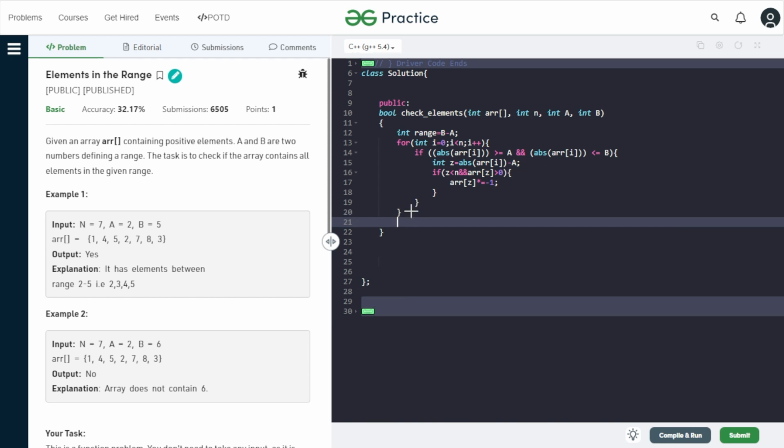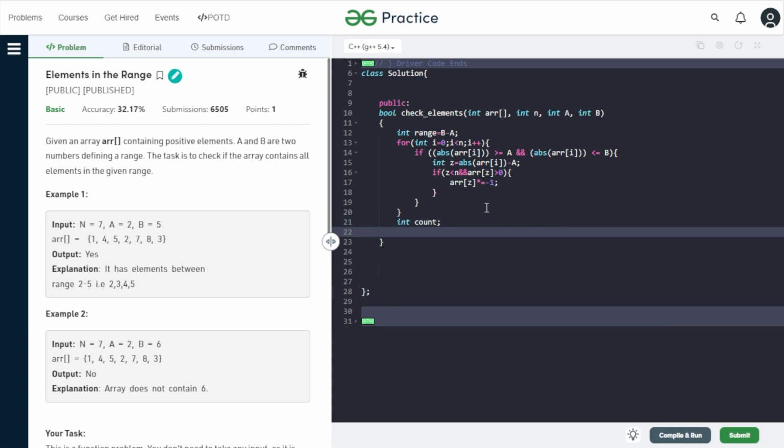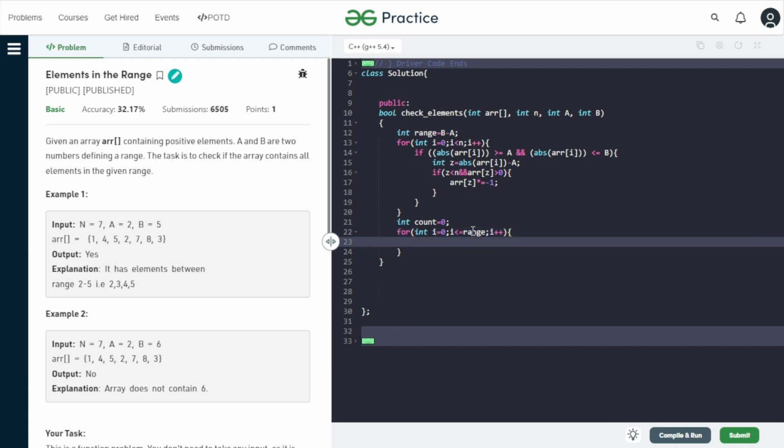Then in the next loop, we will iterate and take a count. In that count, we will store the number of elements which are negative in that range, because obviously the number of negative elements should be equal to the number of elements in the range. Then only it is possible. So for that, we will traverse again through the array, but this time till the range only, because we have to focus only on the indexes of the range. Obviously that element should be negative. And if the element in that range is positive,